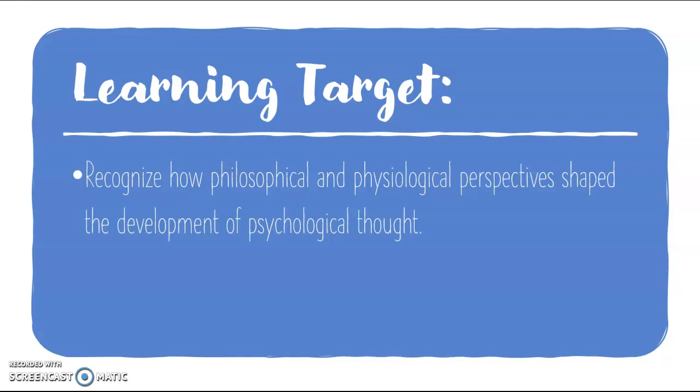It is worth knowing that while this piece is nice because it gives you some framing for what will come later and will help you see how psychology has evolved and changed across time, it is only a small piece of the puzzle and will not be heavily emphasized on the AP exam. We're going to spend this lecture on the early history of psychology. We'll learn about more modern perspectives and approaches as we go through the course. Those modern perspectives will be far more emphasized than these earlier ones, but the earlier ones make it easier to understand the later ones, how they develop, and what they are hoping to accomplish. So without further ado, let's go.